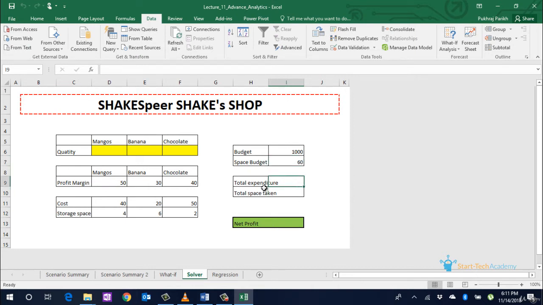So the total expenditure will actually be equal to the quantity of mango shake multiplied by the cost of mango shake plus banana shake quantity multiplied by cost of banana shake, chocolate shake quantity multiplied by cost of chocolate shake. This is 0 right now because quantities are blank as of now. Similarly, for space taken,